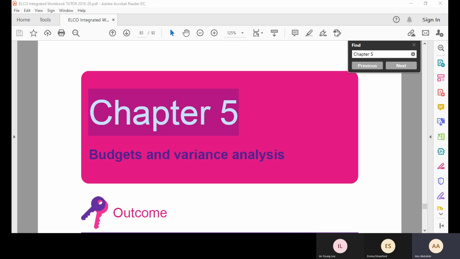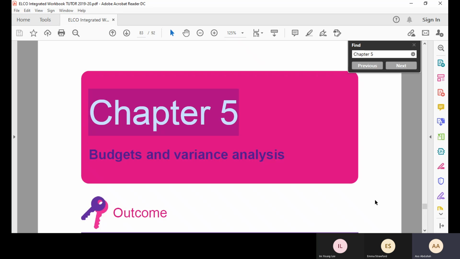Okay, so today we will focus on chapter 5, which is about budgeting and variances analysis. This is going to be our final chapter of elements of costing, and this chapter is not going to be that difficult, only involving a very simple calculation. Okay, so budgeting is really important for accountancy students, and it is one of the important